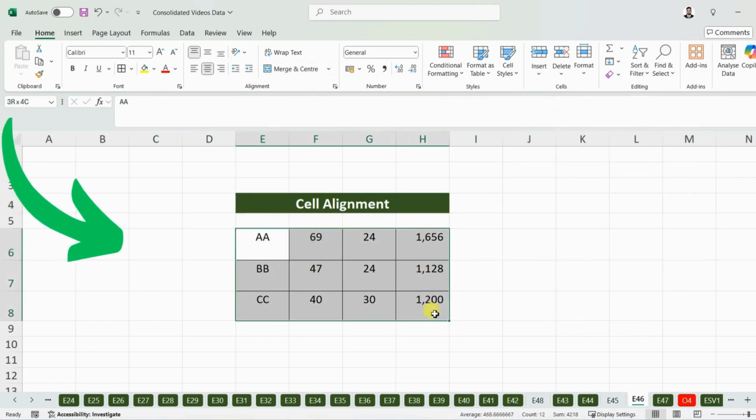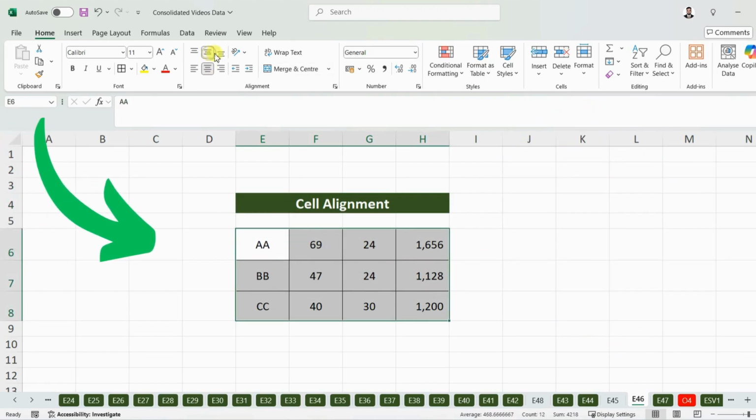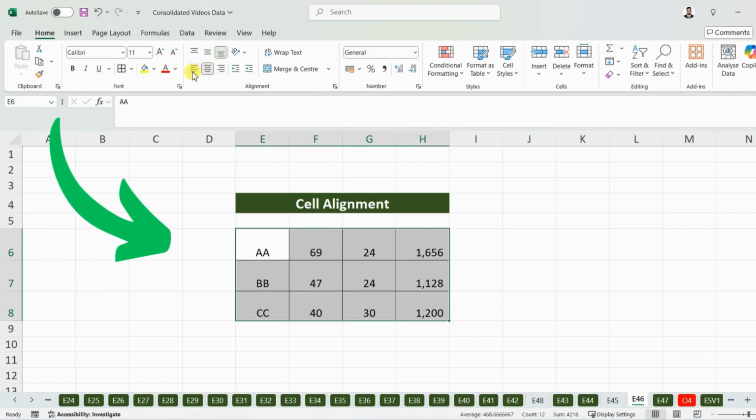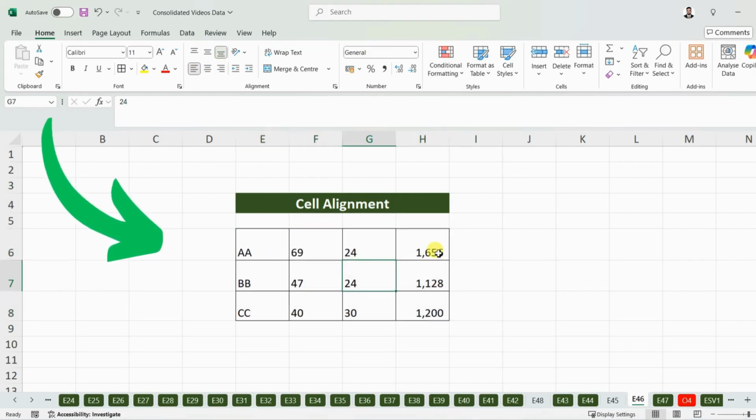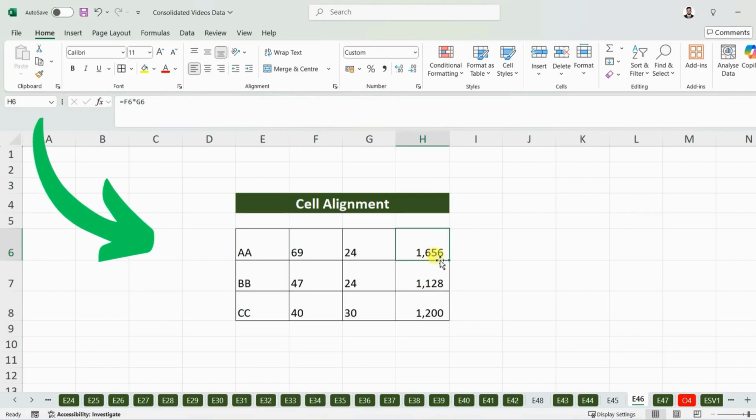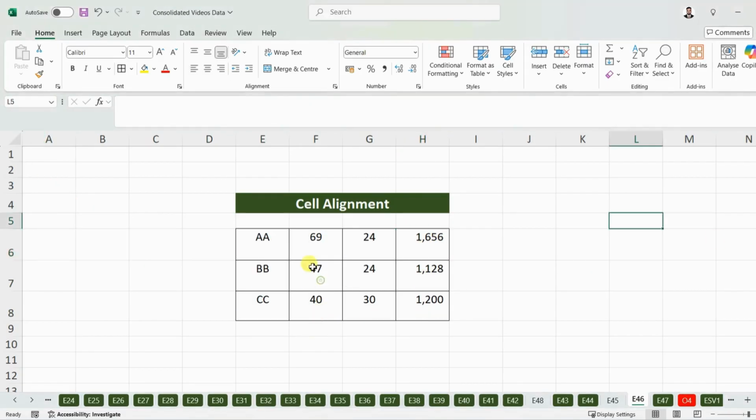In this video, we will learn how we can align our cells vertically and horizontally, and after watching this tutorial, you'll be able to learn this skill efficiently. Let's dive in. In this example, I have our data with alphabets and numerics. If I want to align those cells, I will select all those cells, and